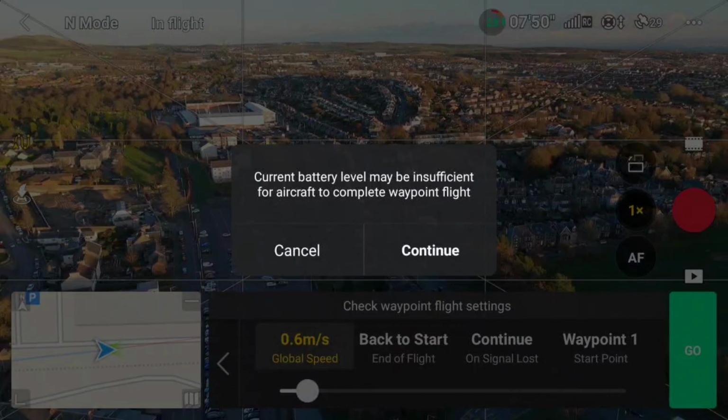You will notice that this warning came up on the screen when I've selected Go. That's because there's insufficient battery to carry out this Waypoints mission. Well, make sure that you do have a fully charged battery if you're going to carry out one of these missions. I'll let you see in the next clip the waypoints beginning and the drone making its way to the